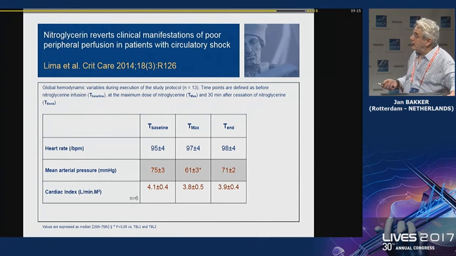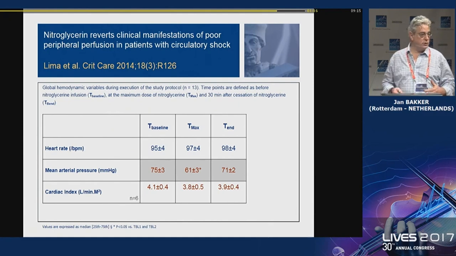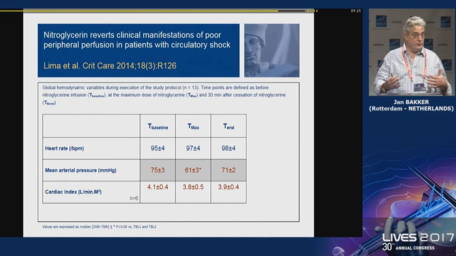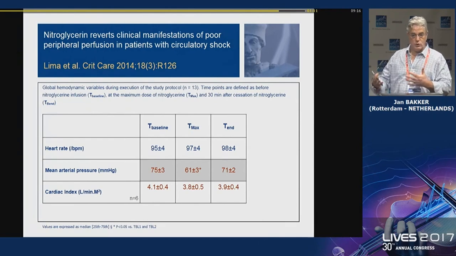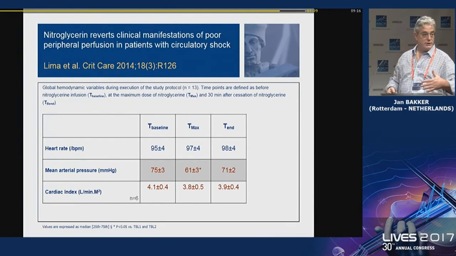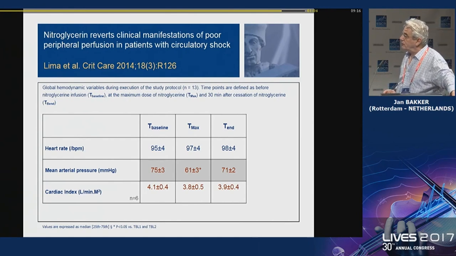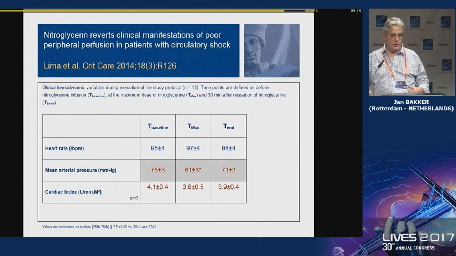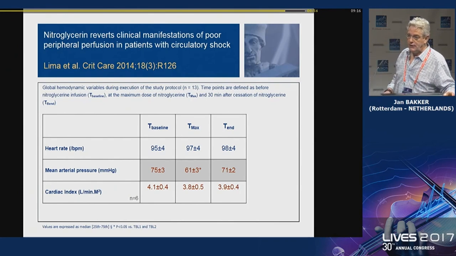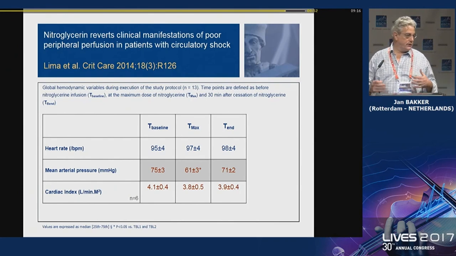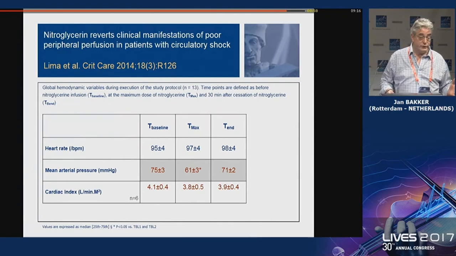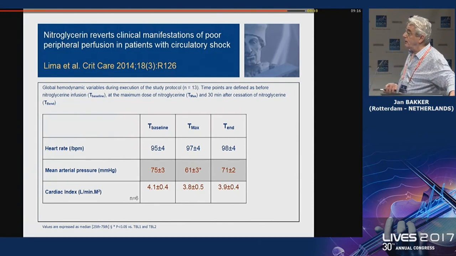And what he did is record the time of the maximum dose, and the dose was increased until the microcirculation was normal, and that was the maximum dose. 4 patients needed a lot of nitroglycerin, but the rest was fine with lower doses. And at maximum dose, the blood pressure had decreased from 75 to 61, something that we are not, let's say, concerned about in Erasmus, but in other centers and countries, this can be a huge problem.